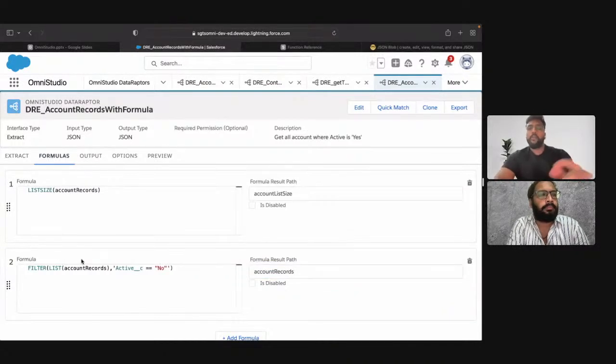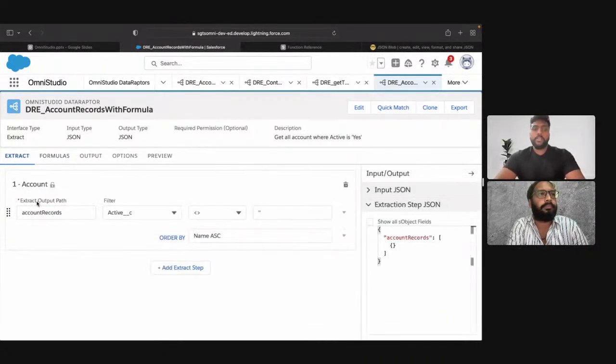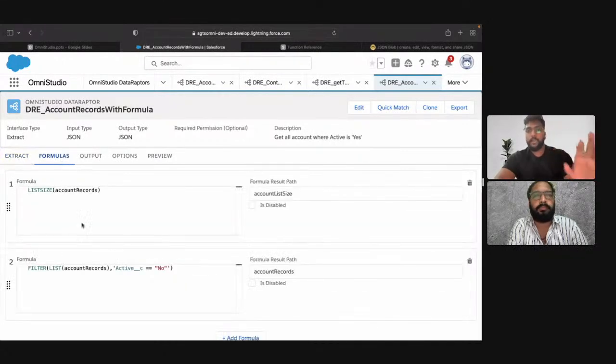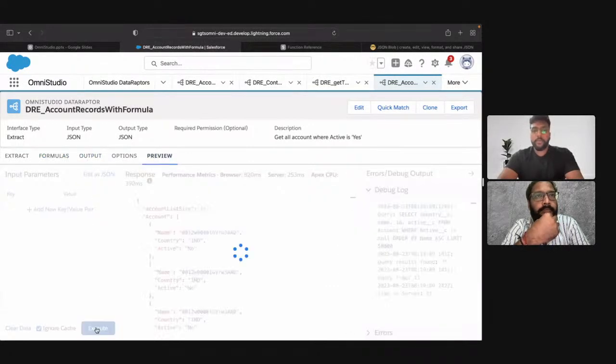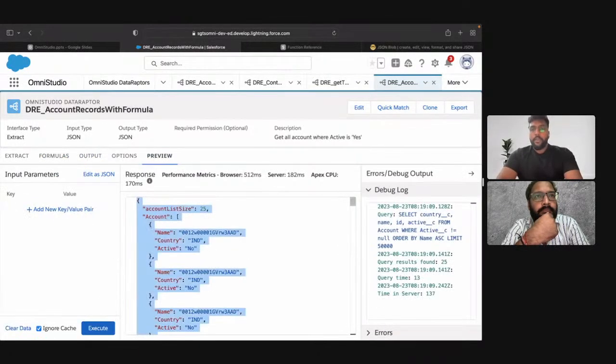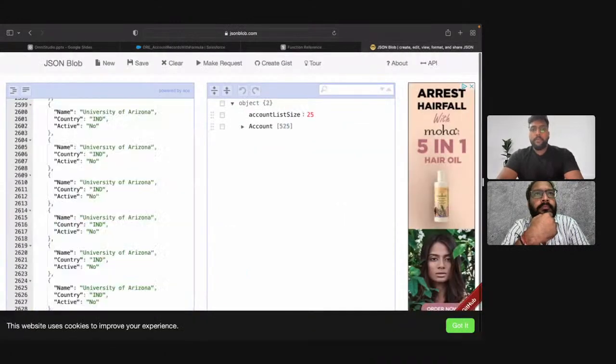and so now what will happen? This original extract output JSON path will hold the 25 records, right? And then we are filtering on that 25 records of list. Then whatever data we are getting, we are again overriding the account records, which was the original extract JSON path. Okay. Now if I go to preview and click execute, and if I copy this, and if I paste over here,